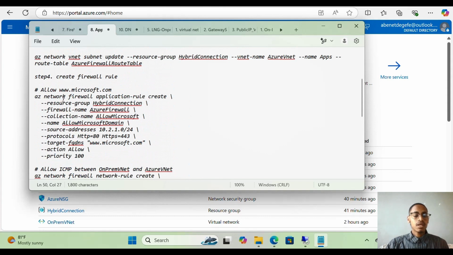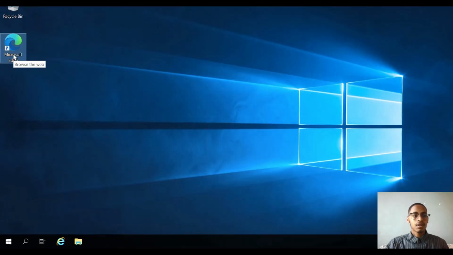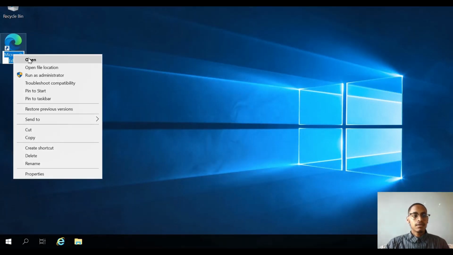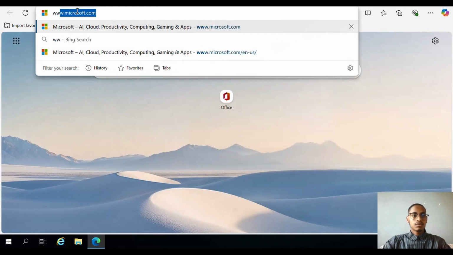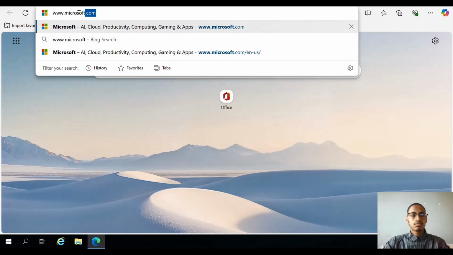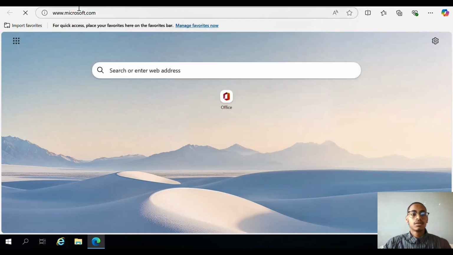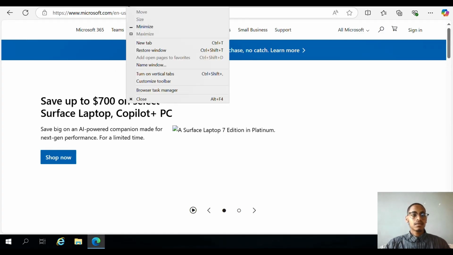So in the application rule, we allow only www.microsoft.com to access this page from the internet, but other domain names are not allowed to go out from the app subnet. We can see here only www.microsoft.com is allowed. Here we can get the page of Microsoft, but let's check